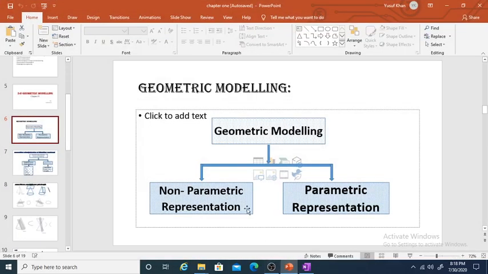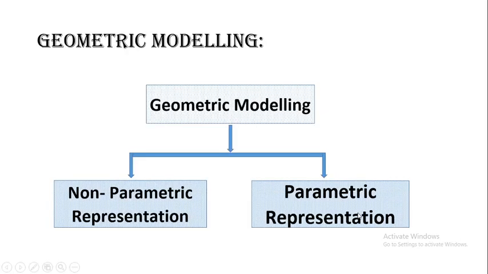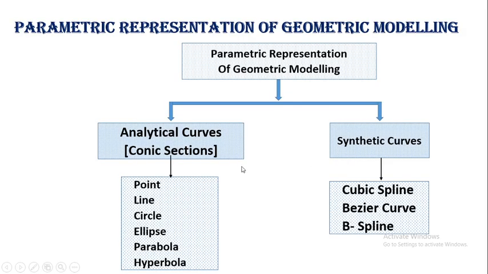Hi. At last lecture, we have seen the analytical curve by using the parametric method. At the first lecture, I told you there are two approaches to draw the geometry. First is the parametric approach. Second is the non-parametric method, which is different. In the parametric method, you have to use one parameter to calculate the points on the curve. So we are discussing the parametric method